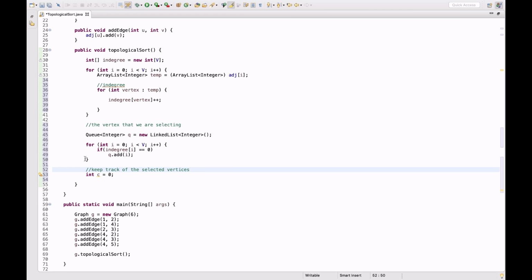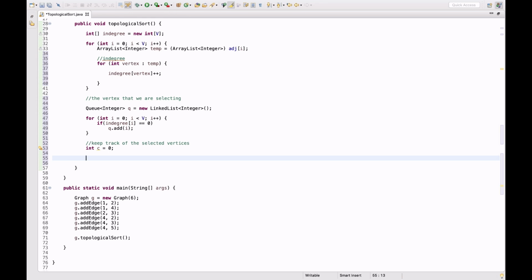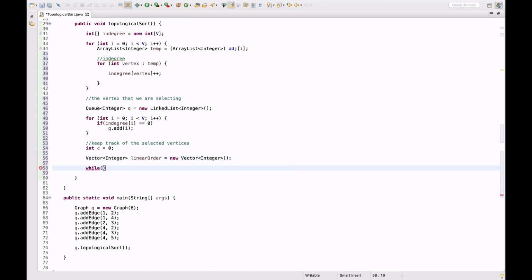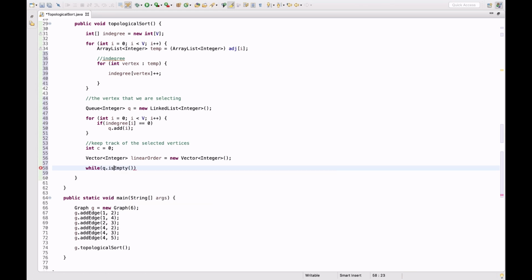Now we're gonna add the elements present in the queue to our result vector. So we're gonna take a vector of integers that will store the result. Let's call it linear order, a new vector. Now we're gonna take all the selected vertices from the queue and store them in this vector, which is linear order. So while the queue is not empty,